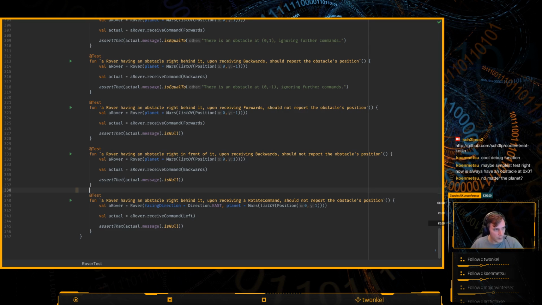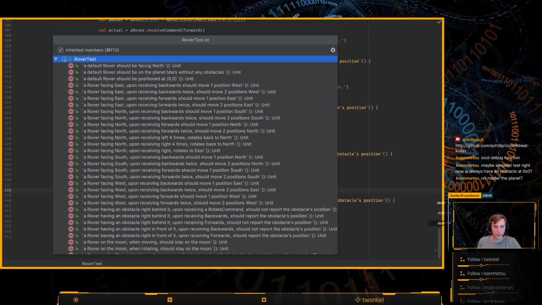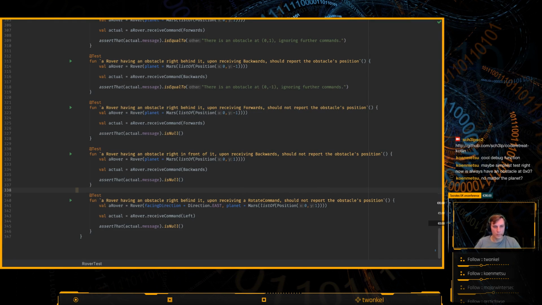Because then I feel like I can easily have behavior-driven development style tests or test methods, because it all belongs to a rover. No, for now at least. But I still want to group them all because look at this. Okay, anyway,